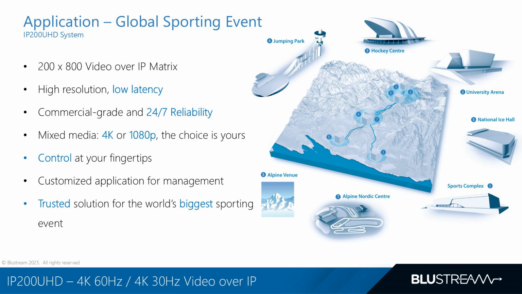with the events that were going on. Comparing this to our entry-level IP50 HD, the IP200 UHD delivers two major benefits critical to an environment like this. A step up to 4K resolution, ensuring crisp, broadcast quality visuals, and more importantly, lower latency, which is essential for live, real-time applications like this. Content arrived at each station with virtually zero delay, supporting up to the second commentary and also decision-making.